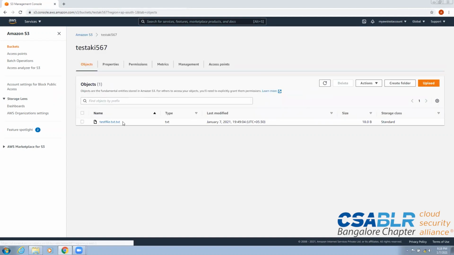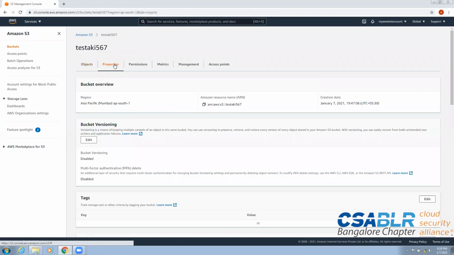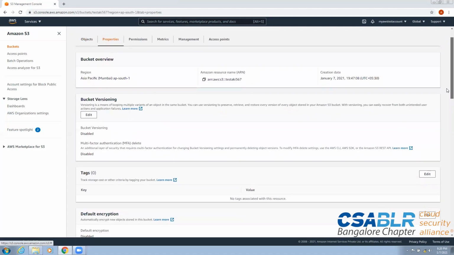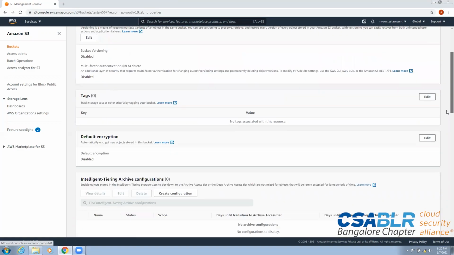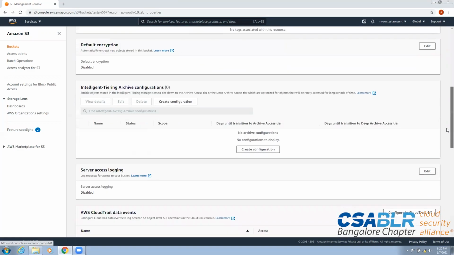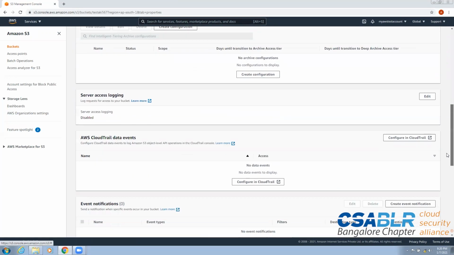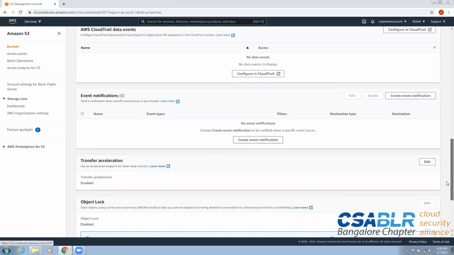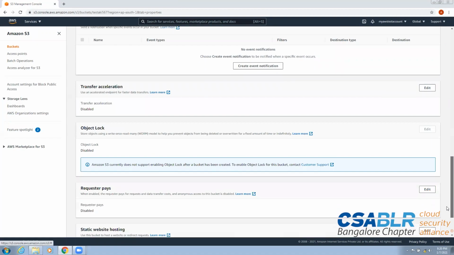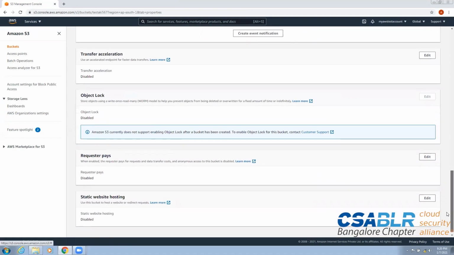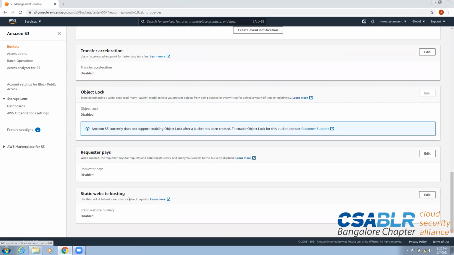Now I'm inside the bucket, test AKI 567, and I'll go to the properties of the bucket. So you have bucket versioning, default encryption, different things are there. And if you see the static website hosting, here it is. I click on the edit button,